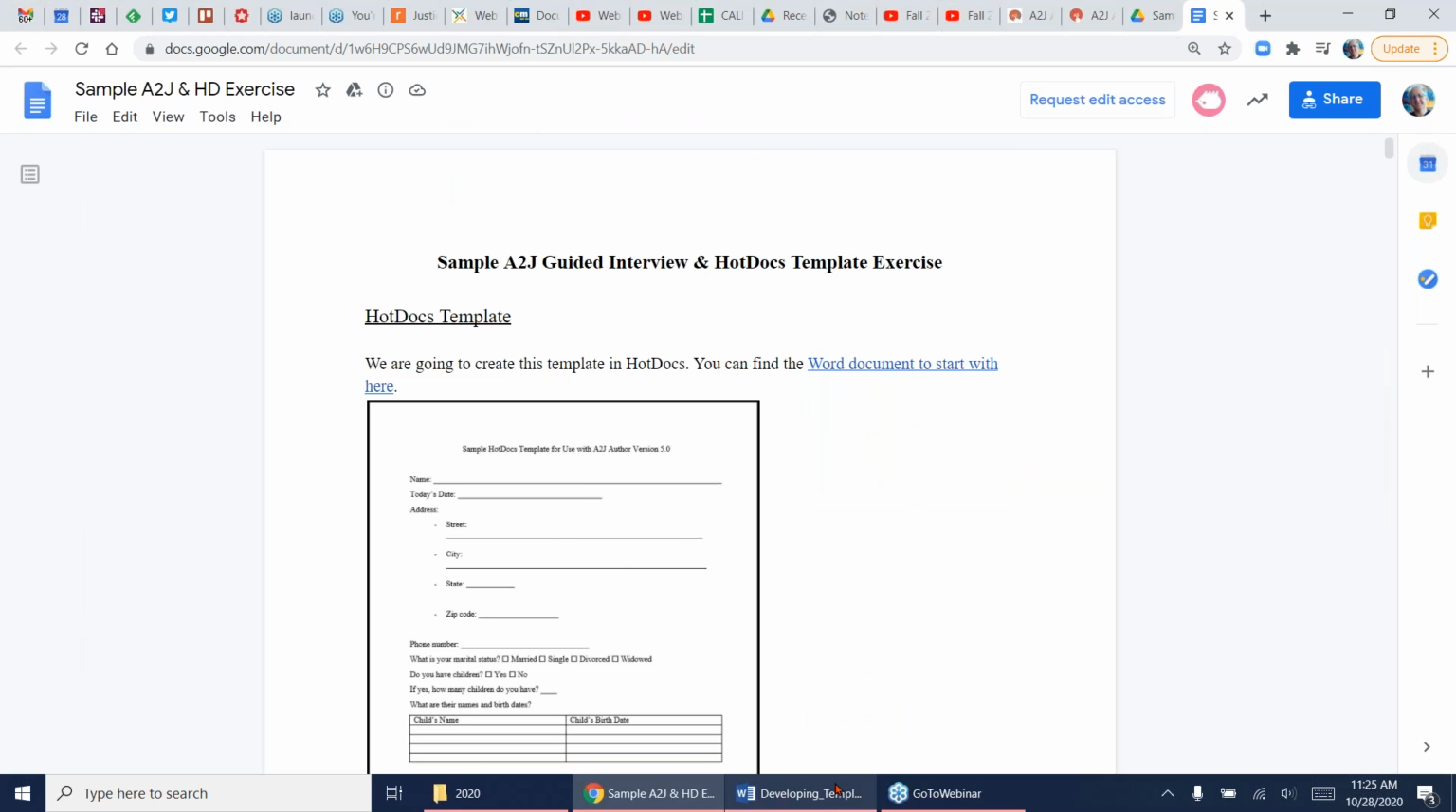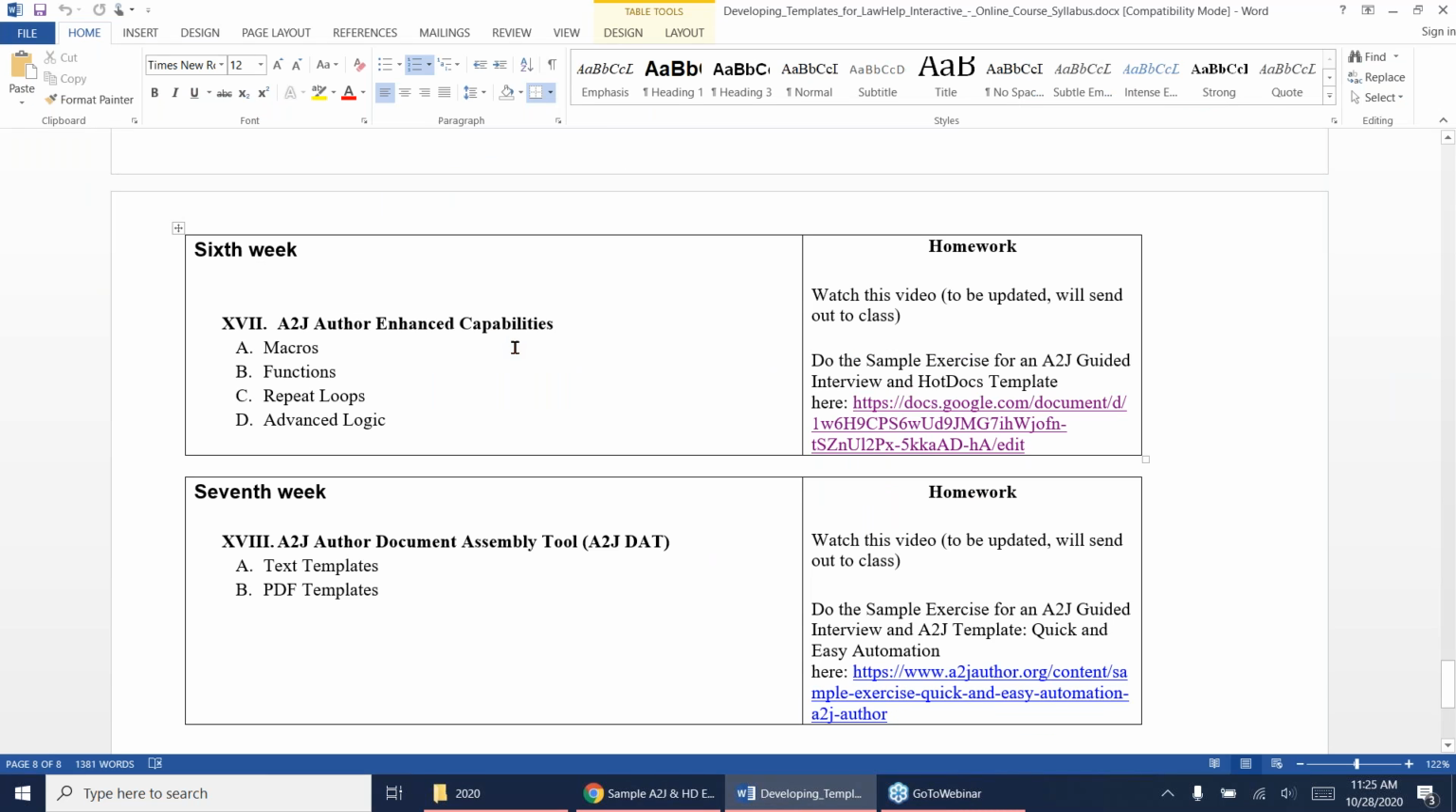Yeah, we did a HotDocs template exercise, right? And next week we're going to switch out the tool. We're going to switch out HotDocs entirely. A2J Author was originally built to collect information and then generate a HotDocs answer file, so that you had to both build an A2J guided interview and then a relatively simplistic HotDocs template that was just a repository for the variables coming from A2J